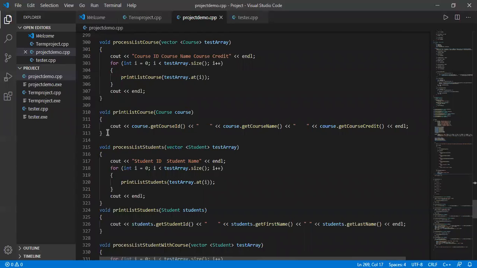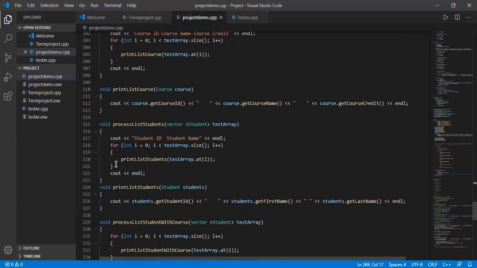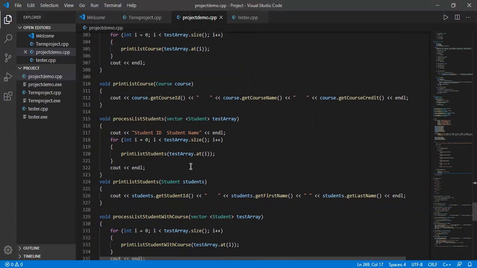So if the user chooses 2, it will process the list of students that will bring the information from class student and will show the output: student ID, student name, and will print list student. So the function print list student will print out the student ID that's stored in get student ID function and print out the first name that's stored in get first name